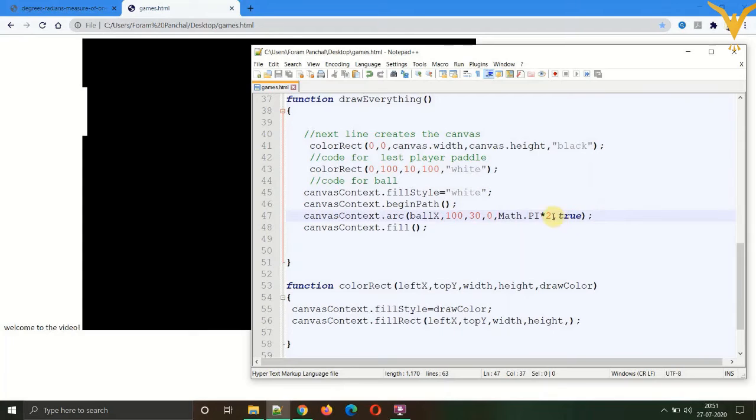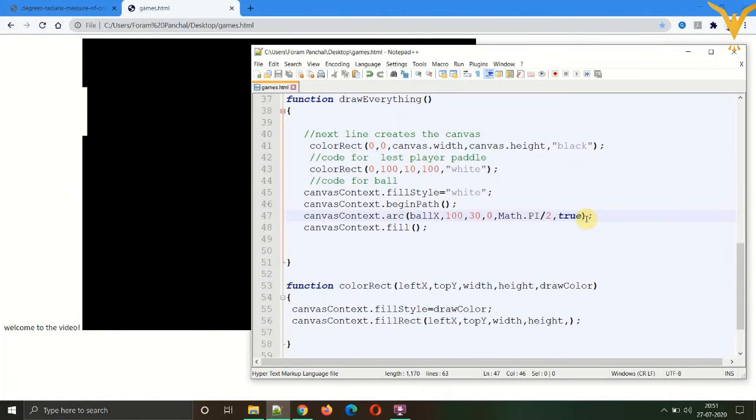Now let's have another expression like Math dot PI divided by 2. Math dot PI is basically half a circle, so if you multiply by 2, it's a whole circle. If it's half, save and let's refresh. Okay, so now you can see some part of the circle is not visible. Now if I put false in place of true, the other section of the circle will be visible.